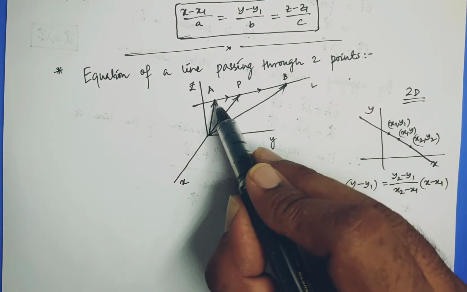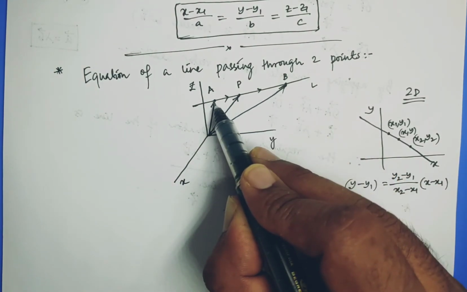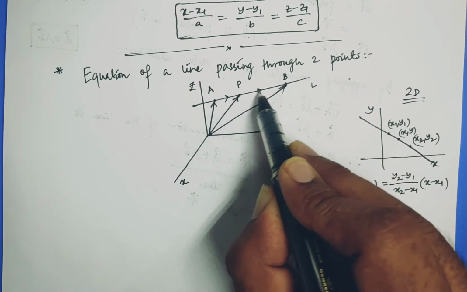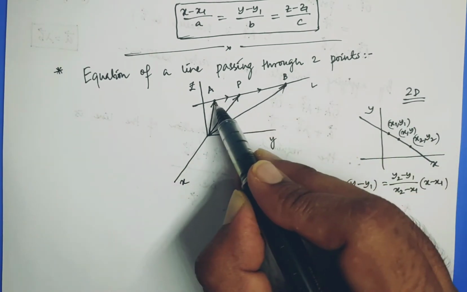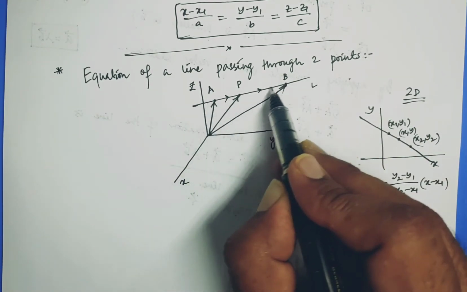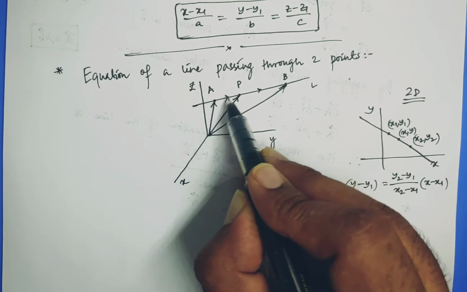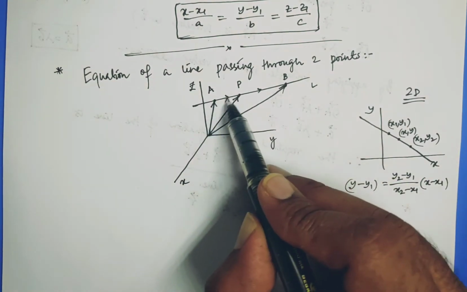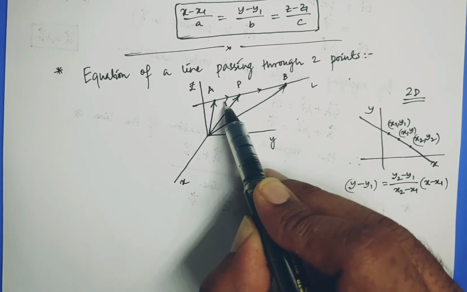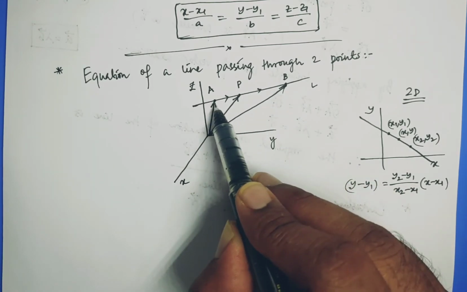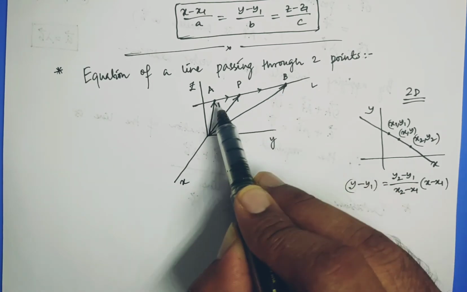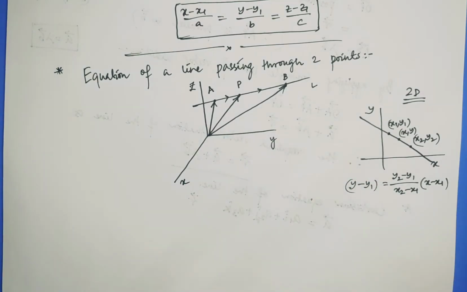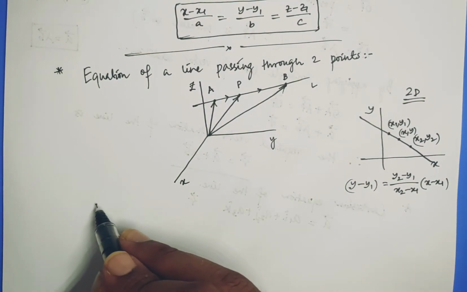Can you tell me, you see the AB vector, right? You see the first point and second point, the AB vector, clear? And what do you see? The AP vector. Can I say the AB vector is collinear with the AP vector? If I say the AB vector is parallel with the AP vector, right? So this way I created the direction. Understood?